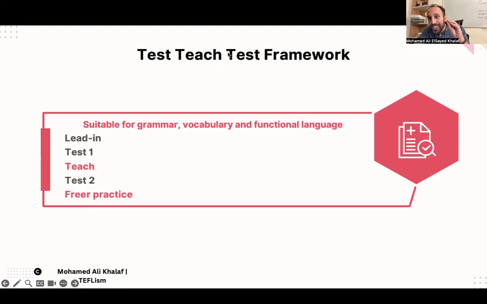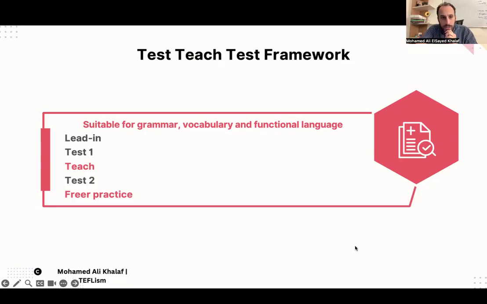Google Forms or Google Quizzes will tell you about the questions or the words that the students mostly missed. So it will help you with the teach stage. If they answer on a piece of paper in an online class, you will not be able to see their answers. You use a tool like Google Forms.